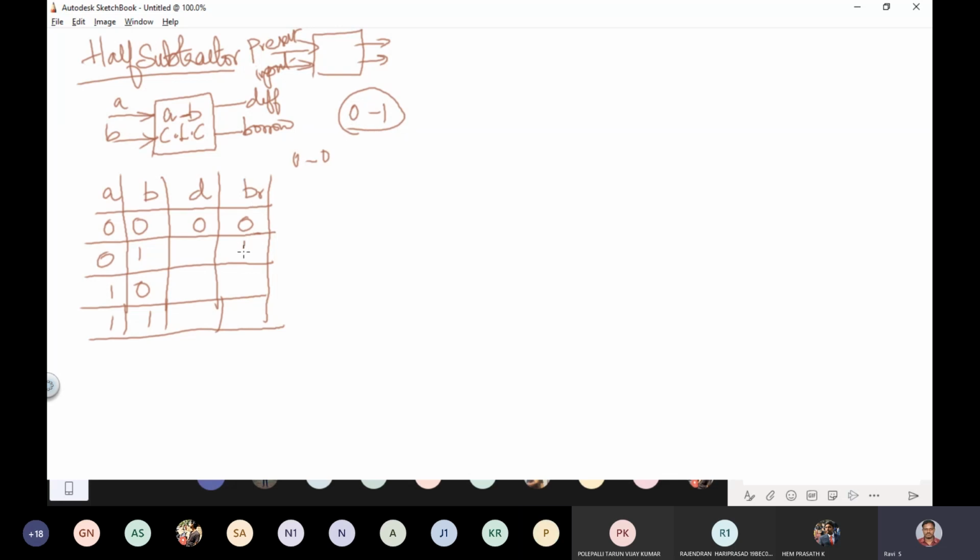If I borrow, then BR becomes 1, and my A becomes 1 0, which is nothing but 2 in decimal. Any doubt? So now 2 minus 1 is equal to 1. So the difference is 1. 0 minus 1 will give you difference as 1, borrow as 1.